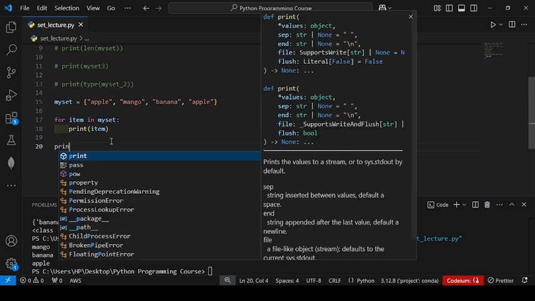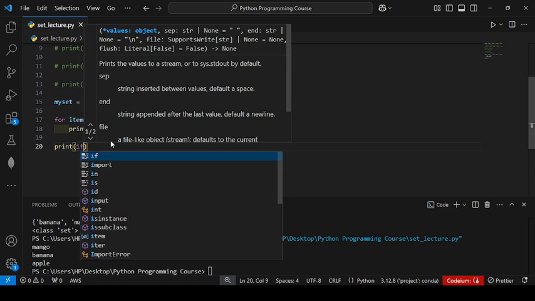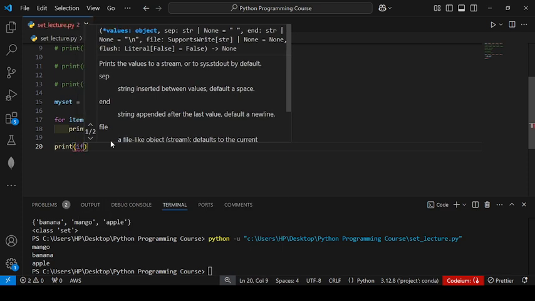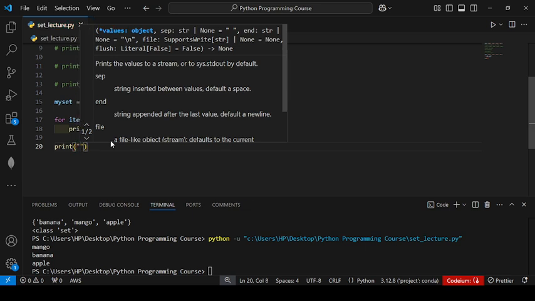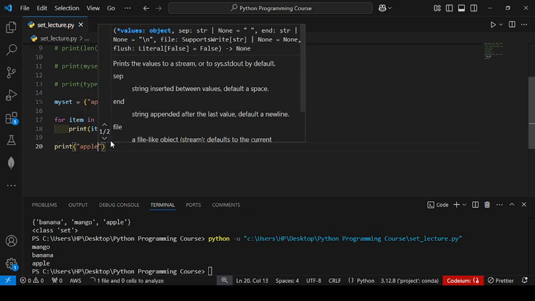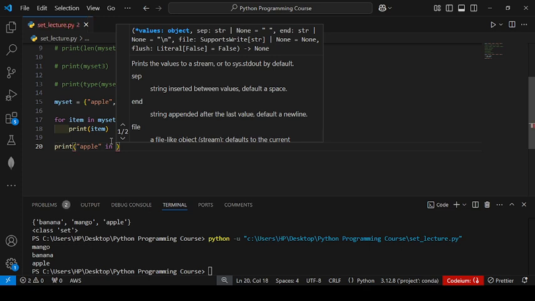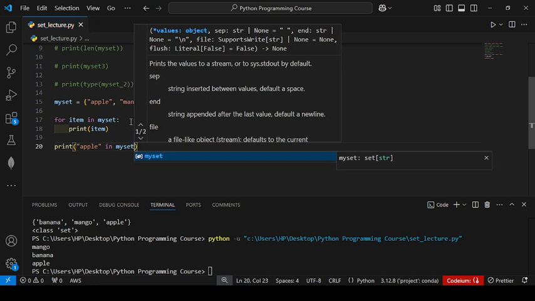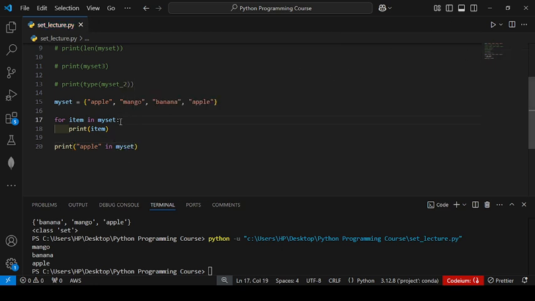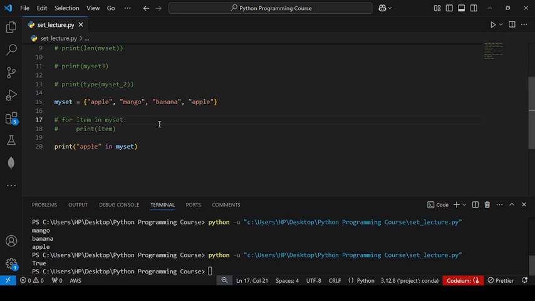I write here I am checking whether apple is present or not in my set. So here we will get a true.